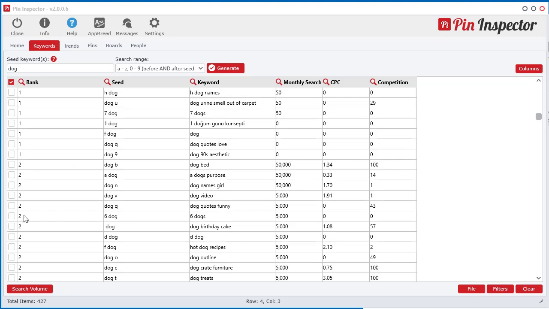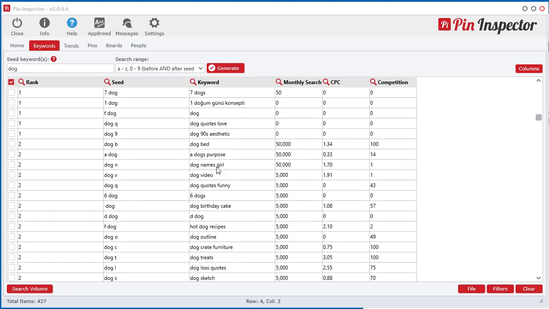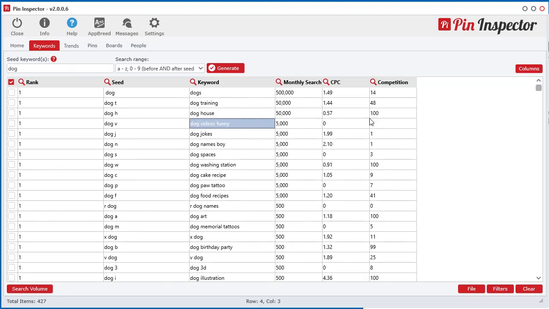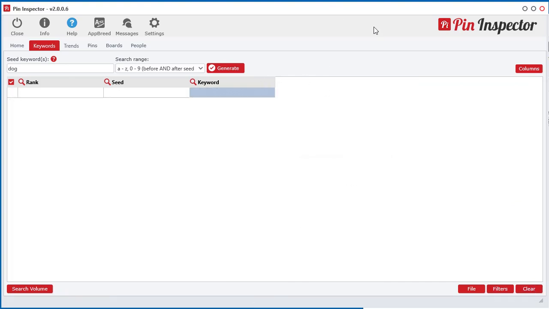And then you can see within the #2 ranks which one has the most searches. So it's kind of a cool little feature. So that's how you use the Google option. So I'm just going to go ahead and clear this out. Now I saved those